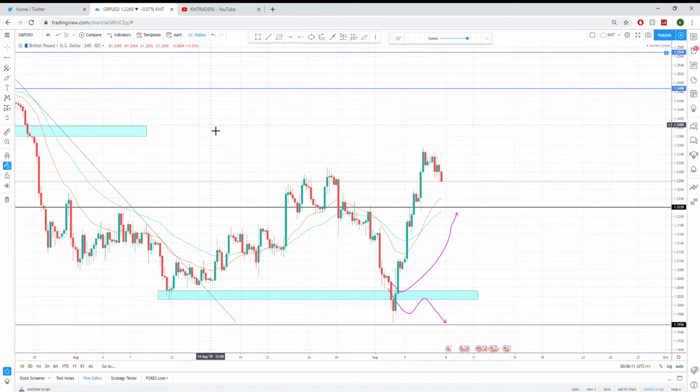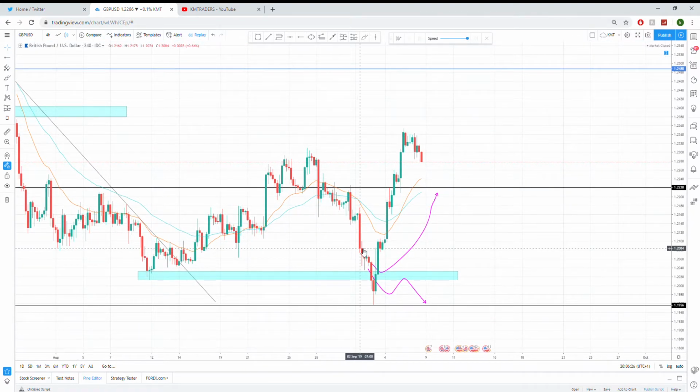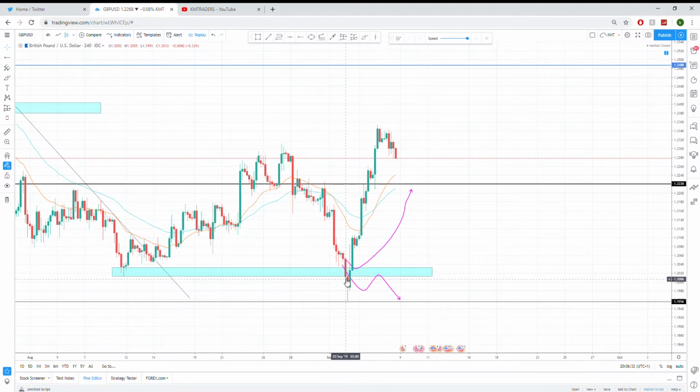We're going to review all of the trades that we have made this week and just review the analysis that we have presented on the channel. We will just go through them individually. So just beginning with GBP/USD, we were predicting a reversal change at this zone area, and as you can